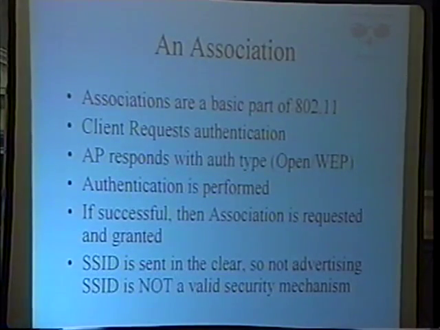All right. So the basic part of 802.11 is the association, and I'm just going to run through this for the folks that don't have this knowledge yet. An association is basically where a client connects to an access point. The client requests to authenticate with the access point. The access point can say, all right, let's do WEP authentication, or it's just open, let's just run with it. If there's WEP authentication, there's a technical little transaction that occurs to make sure everyone has the same key, and once it's successful, then it requests the association and it's granted. So that's the process that it has to go through.